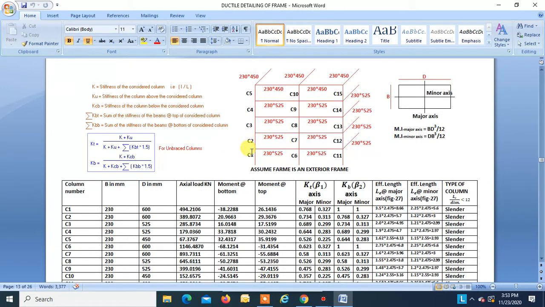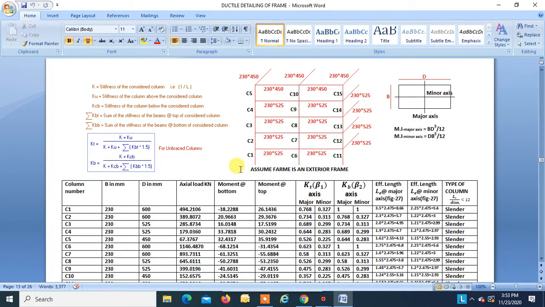Which falls on this joint, okay? So now your moment of inertia will become dB cubed by 12. Same symbol: K is the stiffness of this column, Ku the stiffness of this column, and KBT, that is a beam falling on this joint. There is only one beam falling on this joint, so you have to take the stiffness of that one beam into 1.5. So this is how we get KT, that is equal to 0.327.